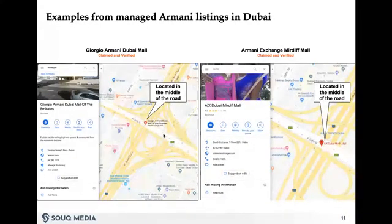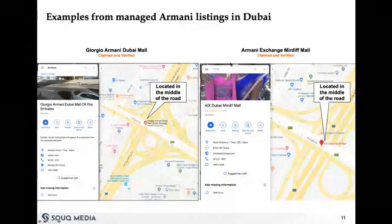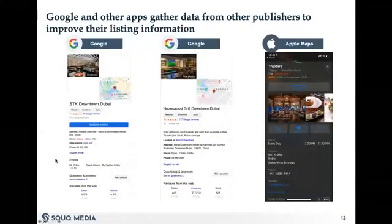See examples of other verified and managed listings. Armani and Armani Exchange in Dubai, and you can see the map markers for them are placed here in the middle of the road, West Sheikh Zayed Road. The pictures as well don't have anything to do with Armani or fashion. Well, maybe this one does, but not Armani fashion. You can see that they're both missing hours. There is a phone number, but they're missing hours. You can even see that the website is the correct website. So somebody is managing this,